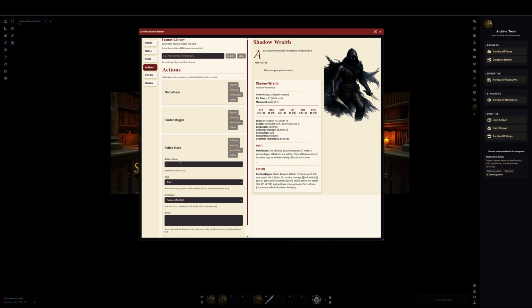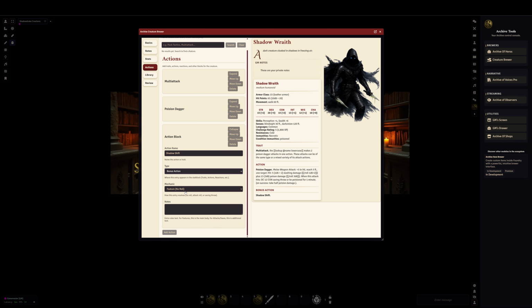We're going to call this Shadow Shift. We're going to make it a bonus action. For the mechanic, there's no roll to it. It's just a bonus action that he can do. And we're going to say, as a bonus action,